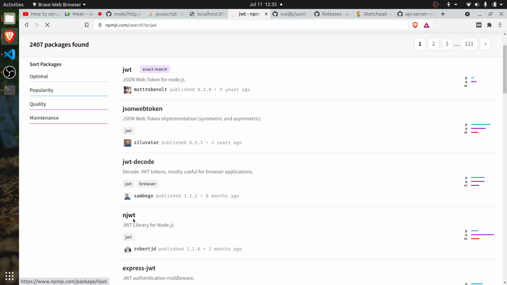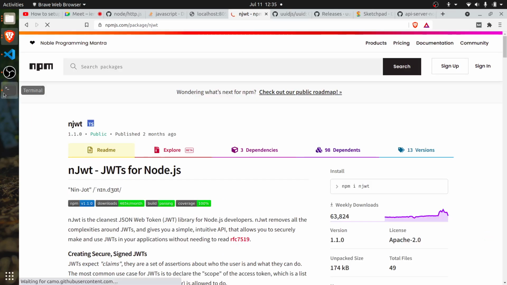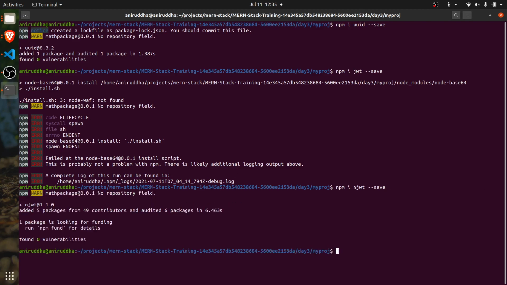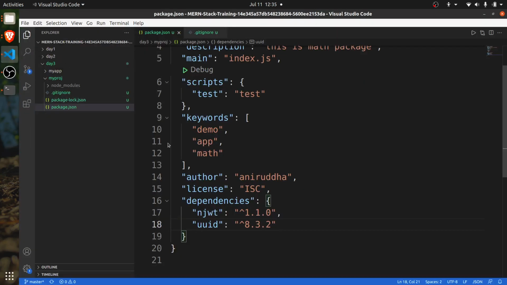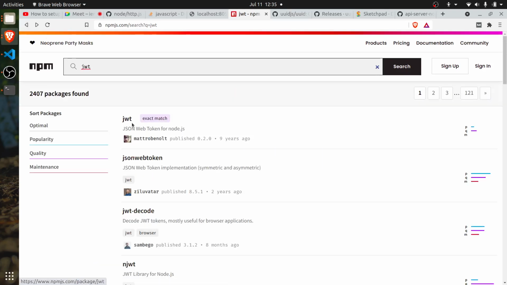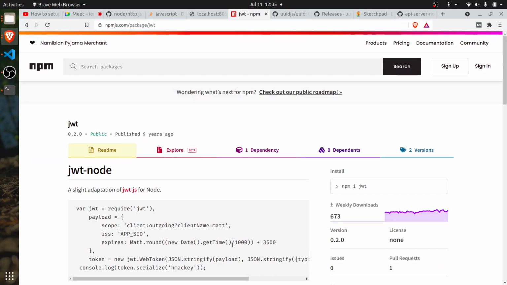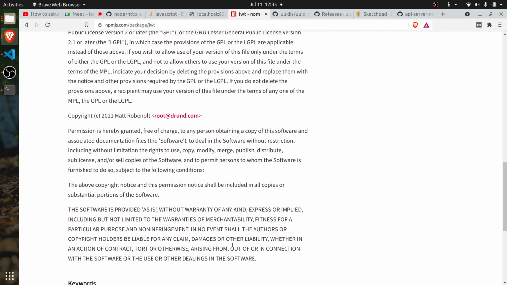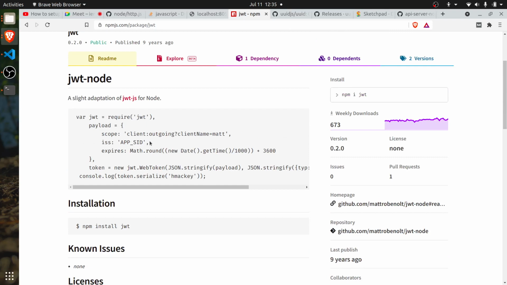Yeah, this seems pretty active. 2 months ago it has been added, and let's try to add njwt and let us see what happens. See, this is working. This library is typically working. Now go to your dependencies. Remember that earlier it was a problem with the package. There wasn't a problem with npm or our code or anything. This was the problem with the dependency, and if you see, this has been